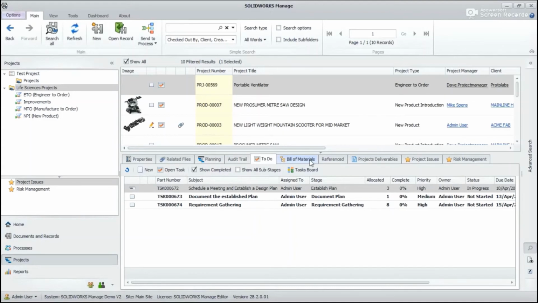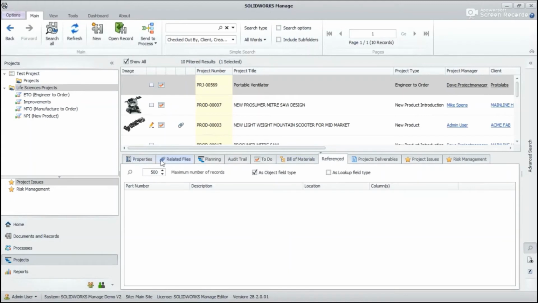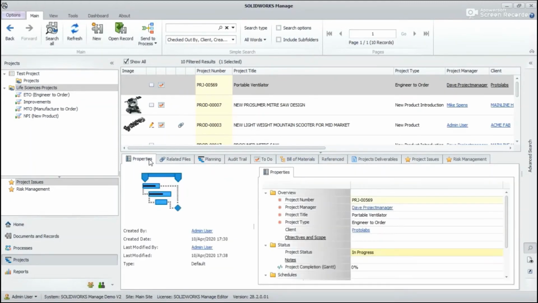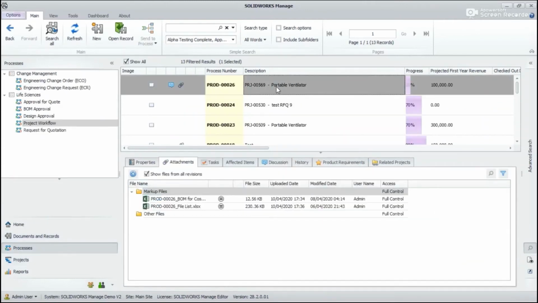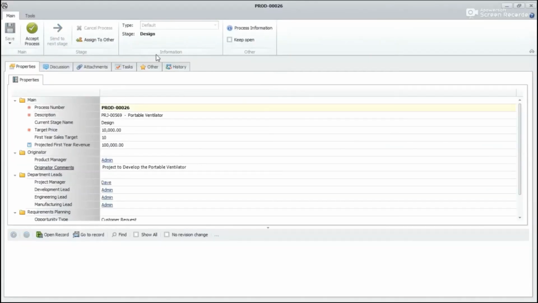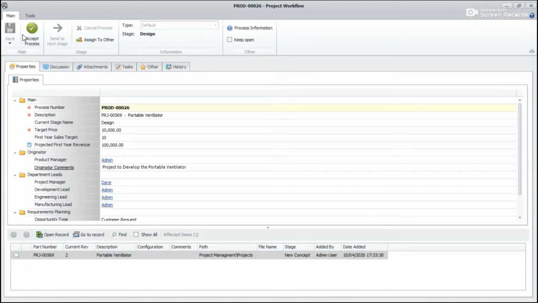Now the design head would have received information on the new project. The design head in turn will log in to the Manage environment. Now we will go into process, locate the corresponding process and accept the process.